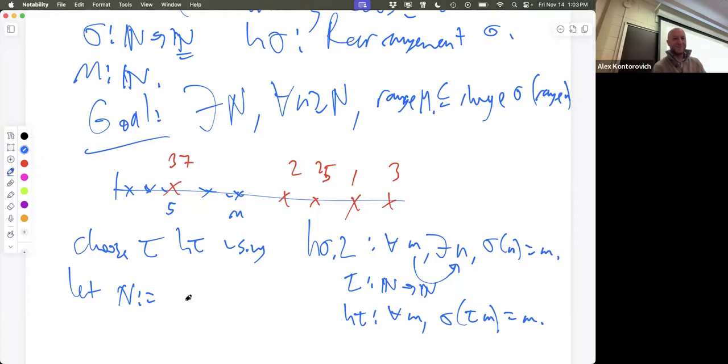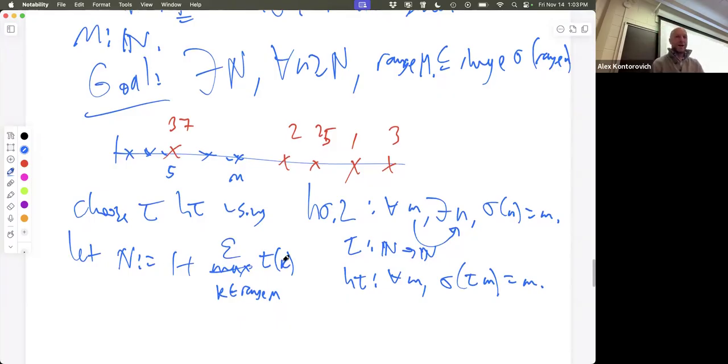Yeah, exactly. The max over the elements in range m of tau of k, maybe plus 1. And instead of the max, we'll just make it a sum. Okay, that's the n that we want. So if that's our n, then use that n,